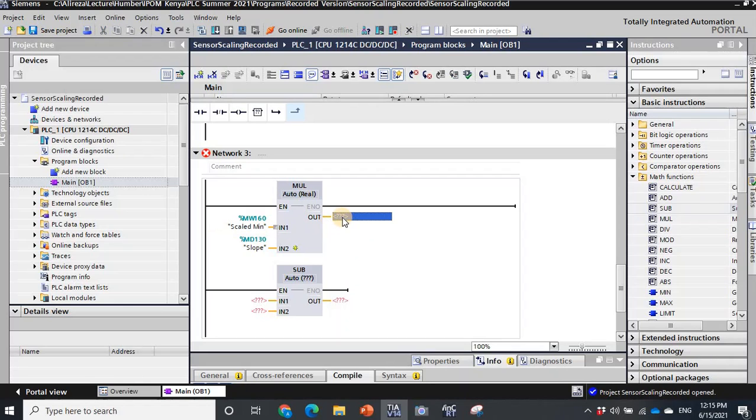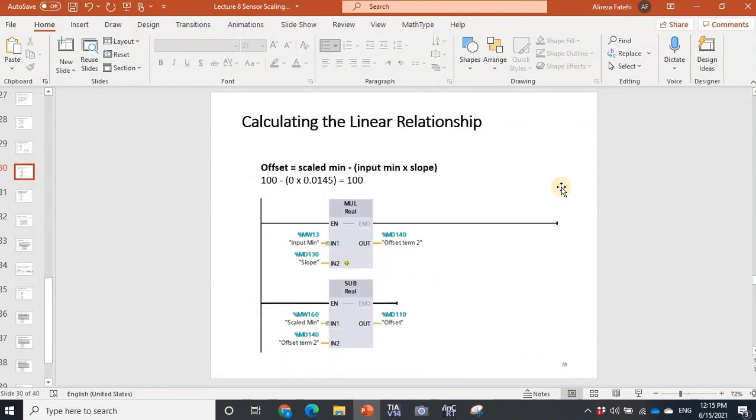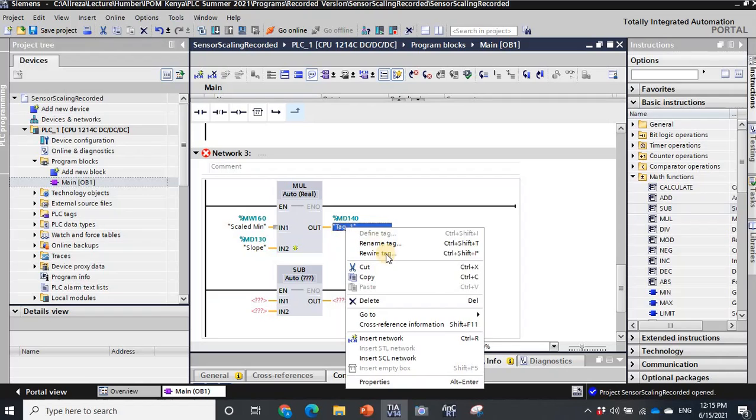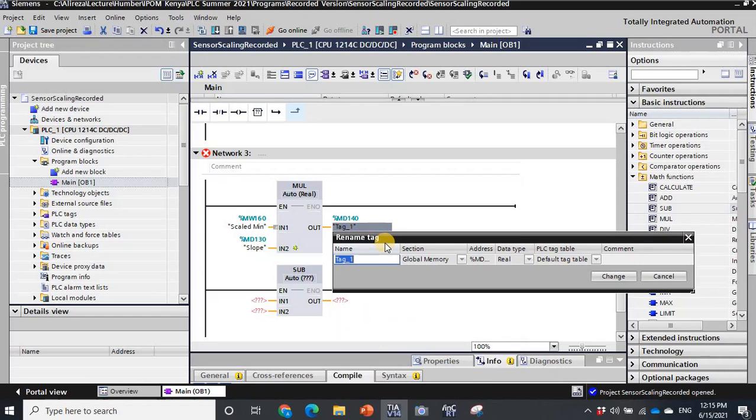And so what is the address for this one? MD140. This is offset second term,